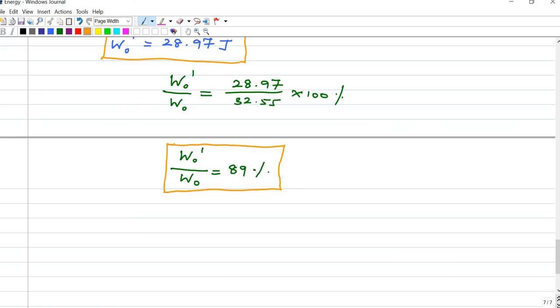So why I took this problem? Because in this problem, the concept of passive filters is also covered, and we are also using the Fourier transform idea to solve the problem. So both Fourier transform and passive filter concepts are covered in this problem. I hope you understood the problem.